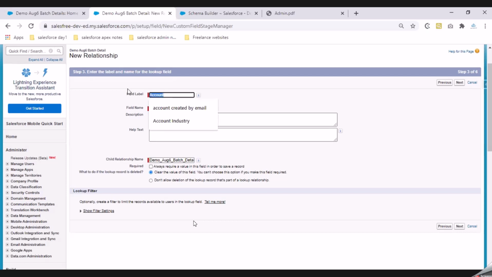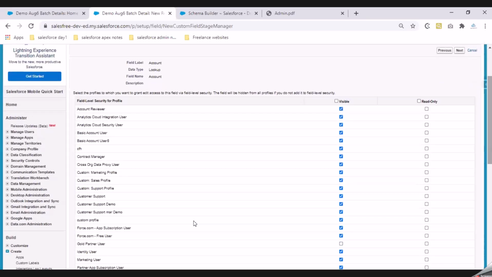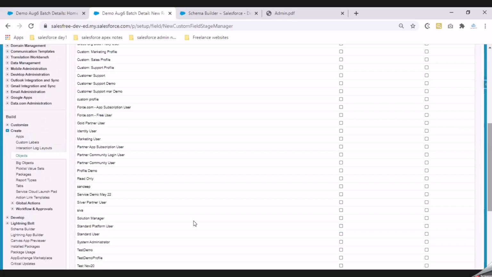If in case you don't want to put it as an account, you can change it according to your needs. Right, so this step we already know. I'm clicking on next. So here the steps that we'll be following are already known to us. All right, so this step is basically about exposing your field to the end user or not. Currently the system is still in the build phase.